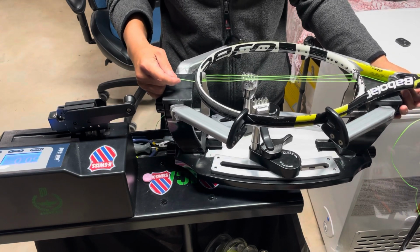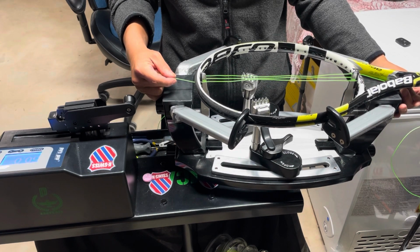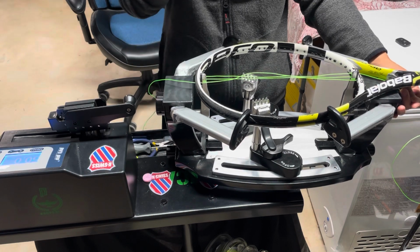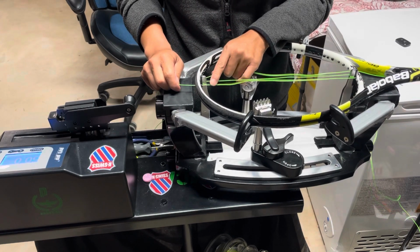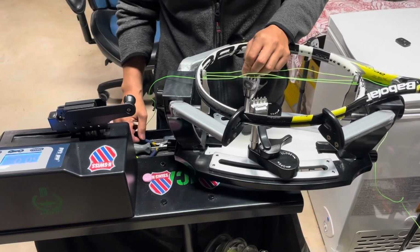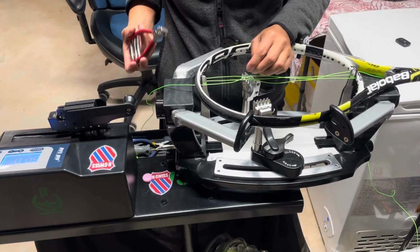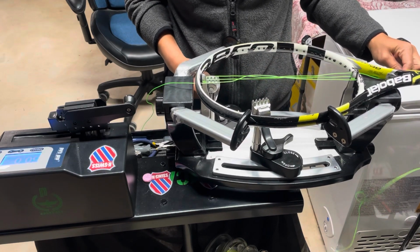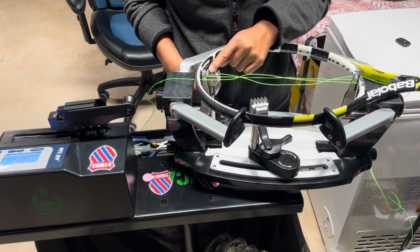And we're going to, okay, so instead of putting the anchor clamp on the first main string, we're going to do it on the second main string, which is right here. Okay, right here. And in order to help this machine clamp stay up, we'll do